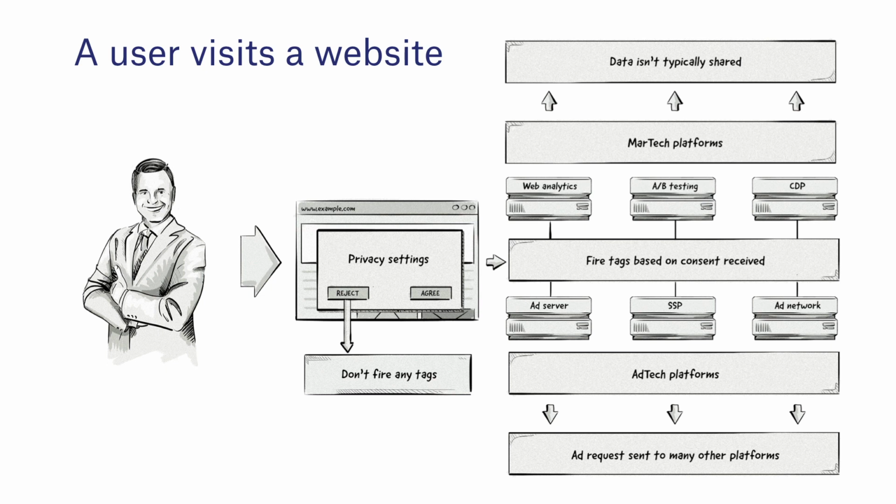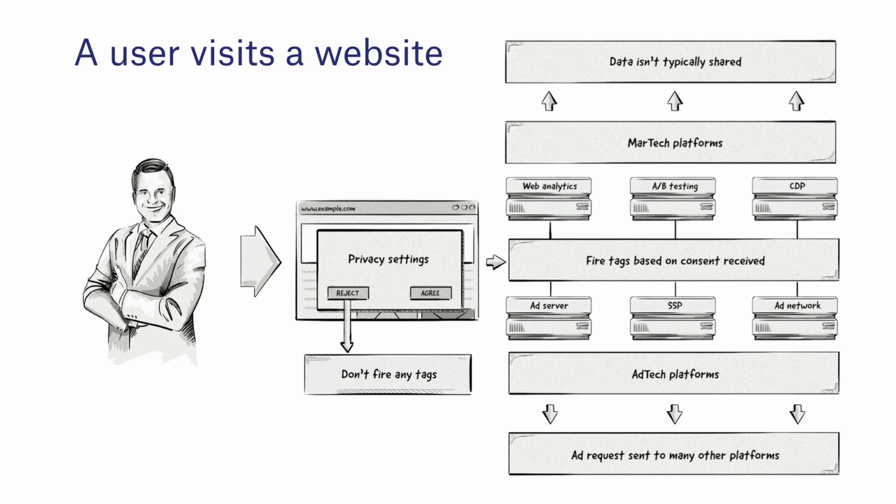For publishers using MarTech platforms, this process of managing user consent and user rights is a lot easier because, as I mentioned on one of my previous slides, they are not that far removed from the user. For AdTech companies, on the other hand, these processes are a bit trickier because if the publisher receives a data subject request, for example requesting to delete their data, then they will have to ask all the AdTech vendors that have collected data about that user to delete it, which could be several dozen or even hundreds.